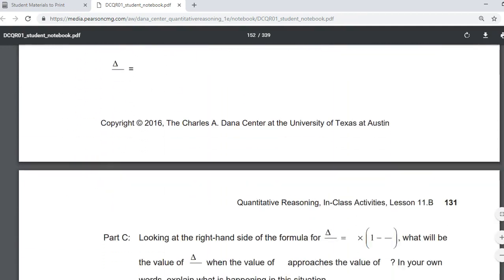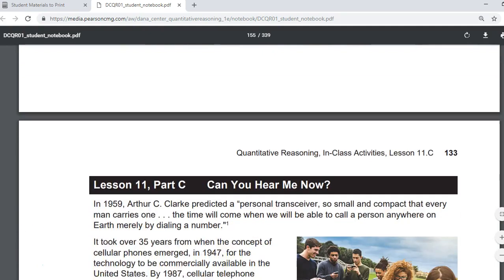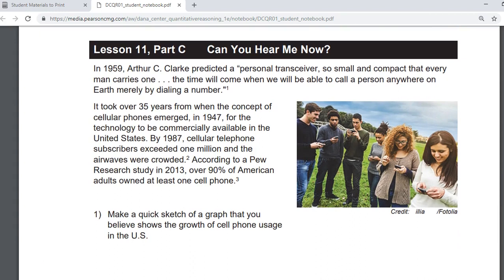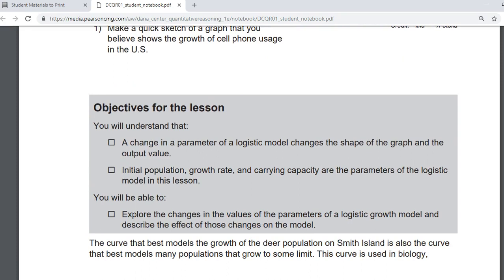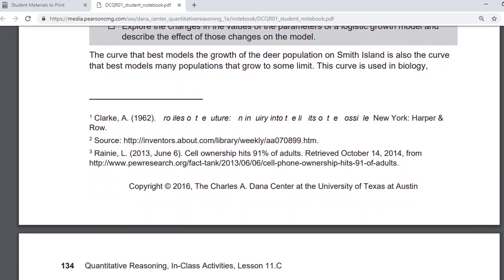But we kept going. And we were building on the concept that there's this thing called a logistic curve. Then when we got here, we were talking about cell phones. And we were trying to really make sense. Did a cell phone follow a logistic? Did it not? And then we talked about